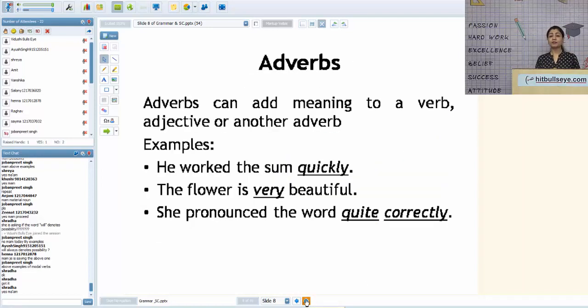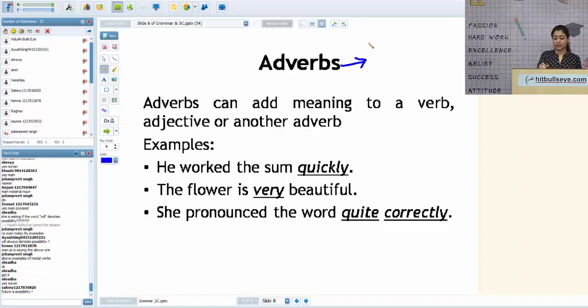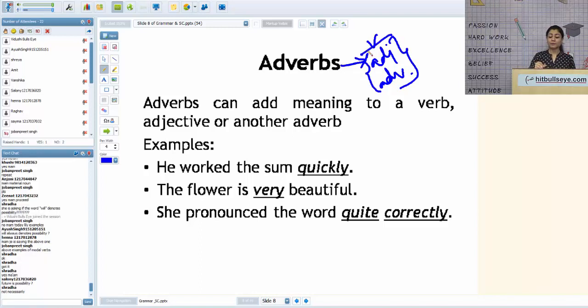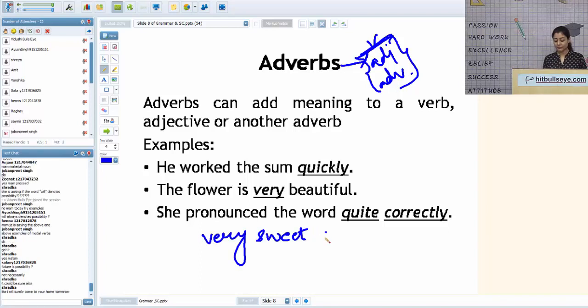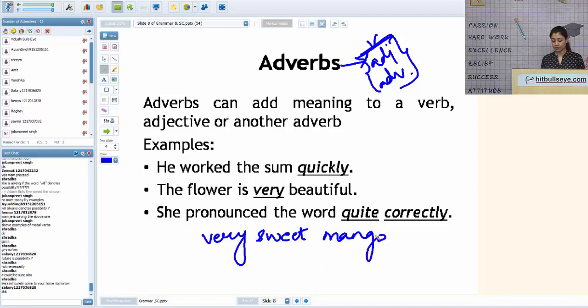So as we talked about, adverbs tell us about the quality of a verb, an adjective and an adverb. Let us look at a very simple example of how adjective and adverb, because up till now we have only learned that adverbs tell us the quality of verbs. Then we must all be confused right now, how come adjectives and adverbs come into the picture. If I say very sweet mango and at the same time I say very fast running,